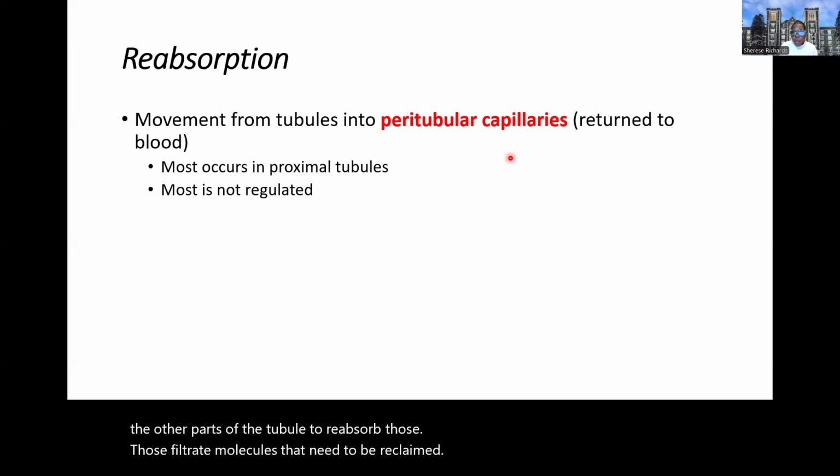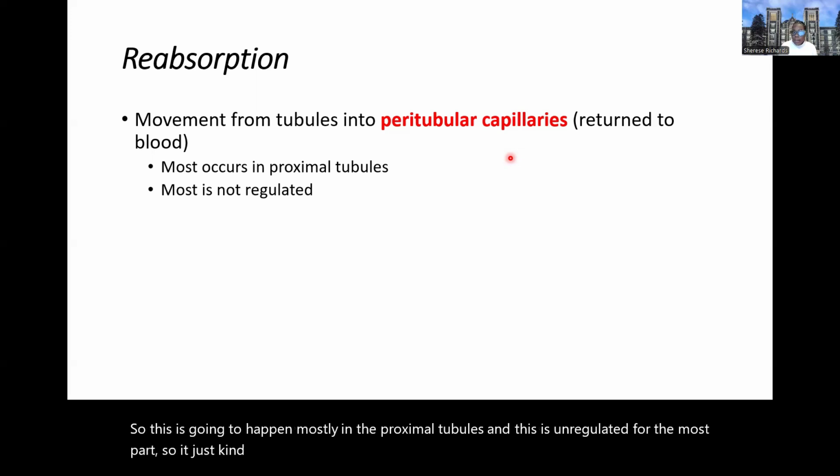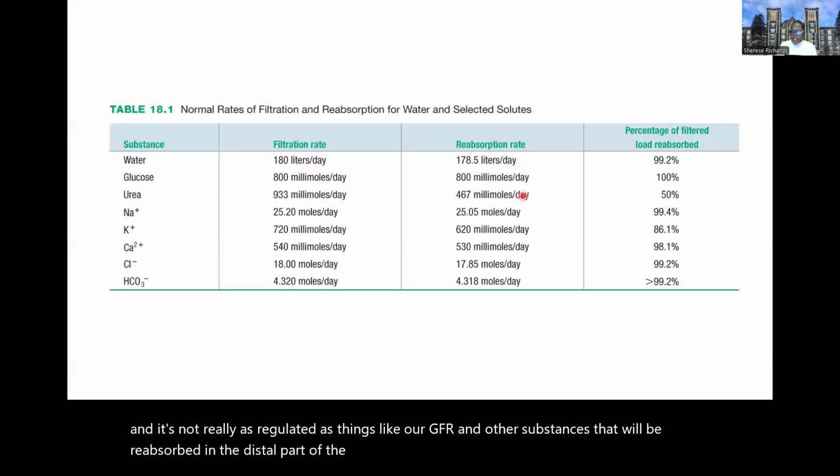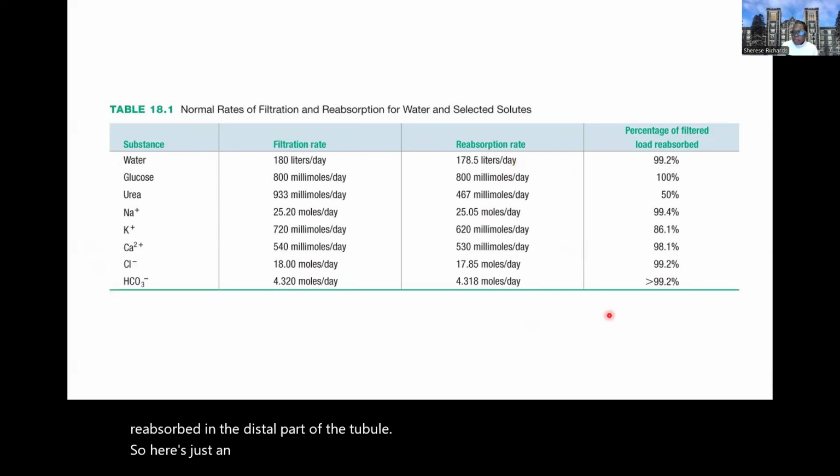So this is going to happen mostly in the proximal tubules, and this is unregulated for the most part. So it just kind of happens until our carriers are maximized or the carriers are saturated, and it's not really as regulated as things like our GFR and other substances that will be reabsorbed in the distal part of the tubule. So here's just an overview, nothing to memorize here, but just to understand the proportion of certain substances that are reabsorbed,